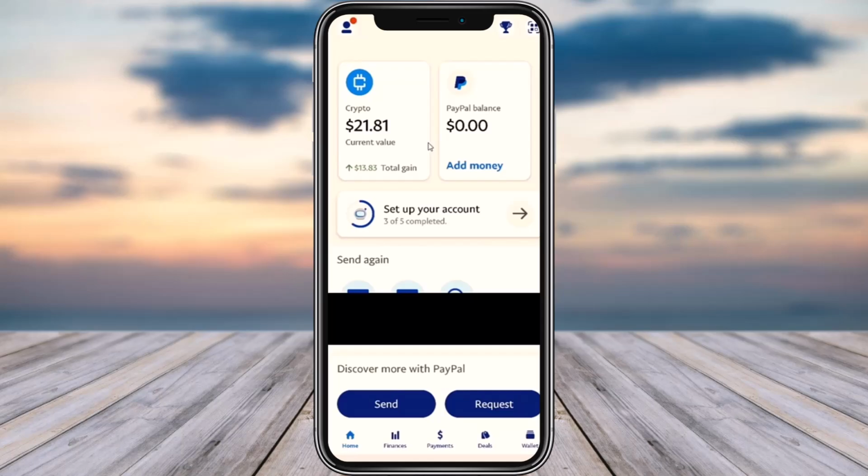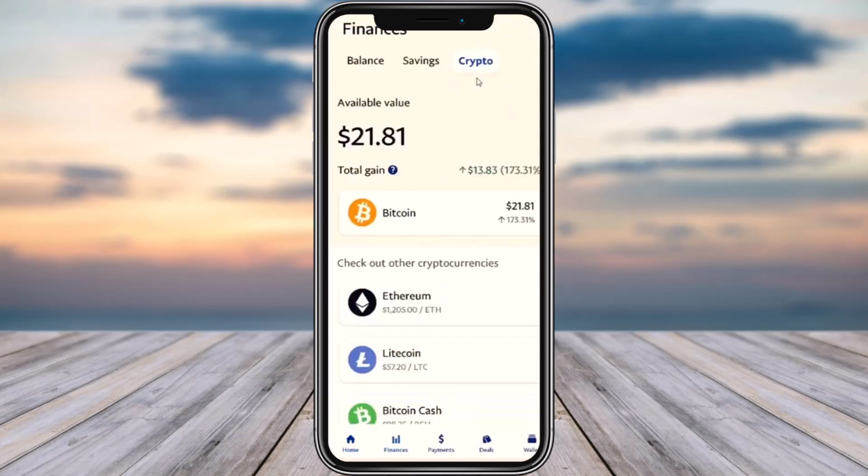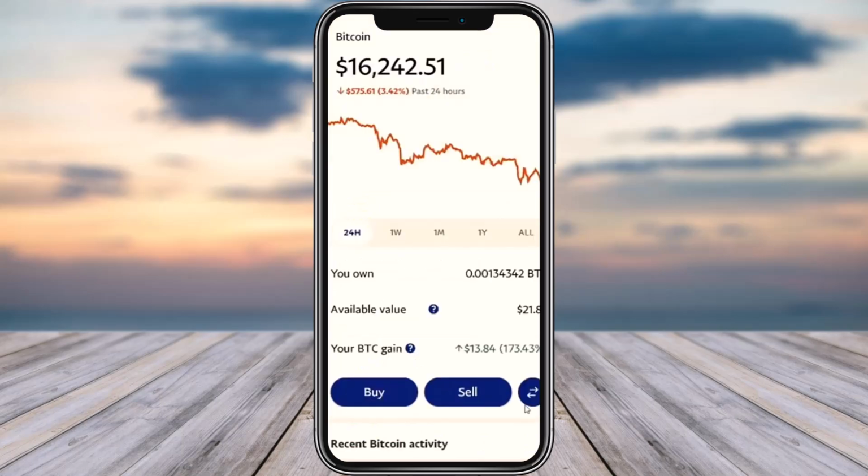For that, you're going to tap on this option of Finances in the bottom section. In the Finances section, go ahead, switch to your crypto on top, and then you want to find your available balance on top and the total gain here in the Bitcoin section. If you want to simply transfer the Bitcoin, then tap on this Bitcoin option as shown at the bottom. Once you've done that, you're going to find your Bitcoin balance on top, and in the bottom section you